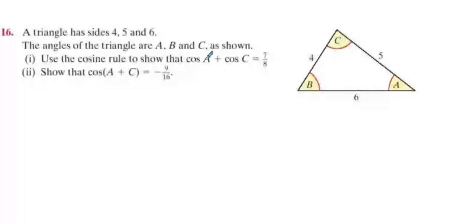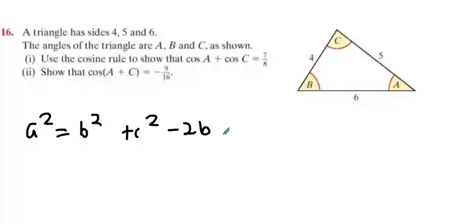Use the cosine rule to show that cos A plus cos C is 7 over 8. Okay, so what we said yesterday was we're going to go for the standard cosine rule, this one here. And we're going to target cos A straight away. And when we target cos A, we're going to find it's,